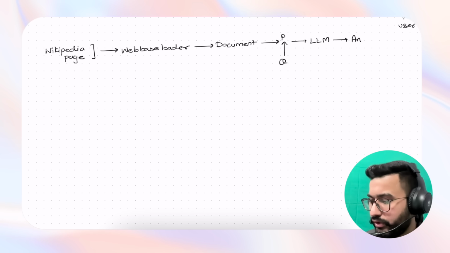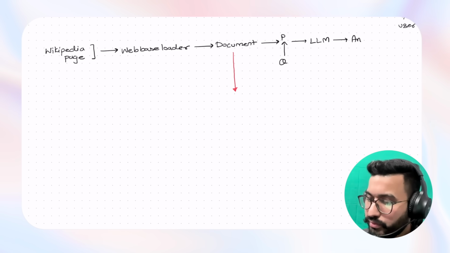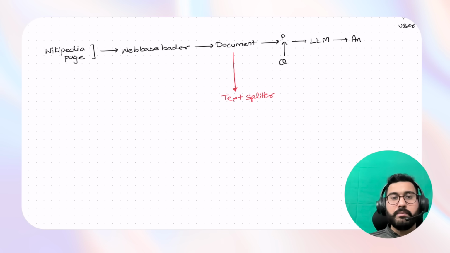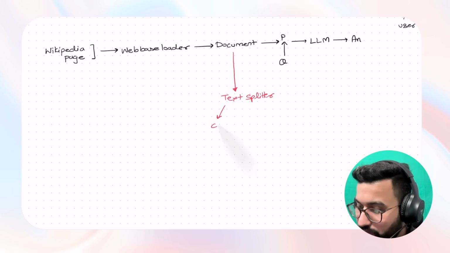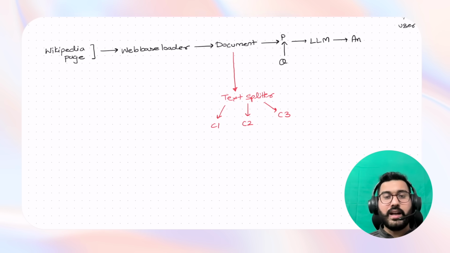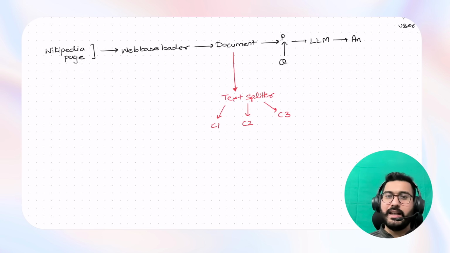So, the path that we are going to follow, once we have the document ready, is to use another component of my RAG framework, which is text splitters. Now, what these text splitters will do is split your document into smaller chunks. So you might get, let's say, chunk number one, chunk number two, chunk number three. And these chunks are now in a compact format, which can be provided to the LLM for context-based answering. I'm not providing the entire book, I'm just providing a specific part of the book to the LLM